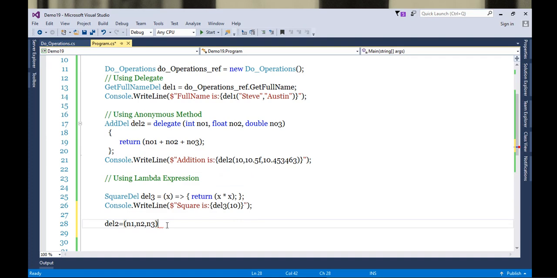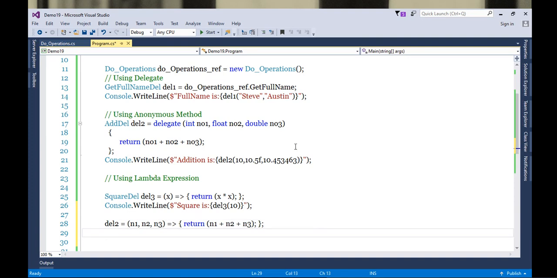Finish. Argument list we provided. Next, the goes to operator. And then your logic will come. So how are you specifying the logic? Return number 1 plus number 2 plus number 3. That's it.